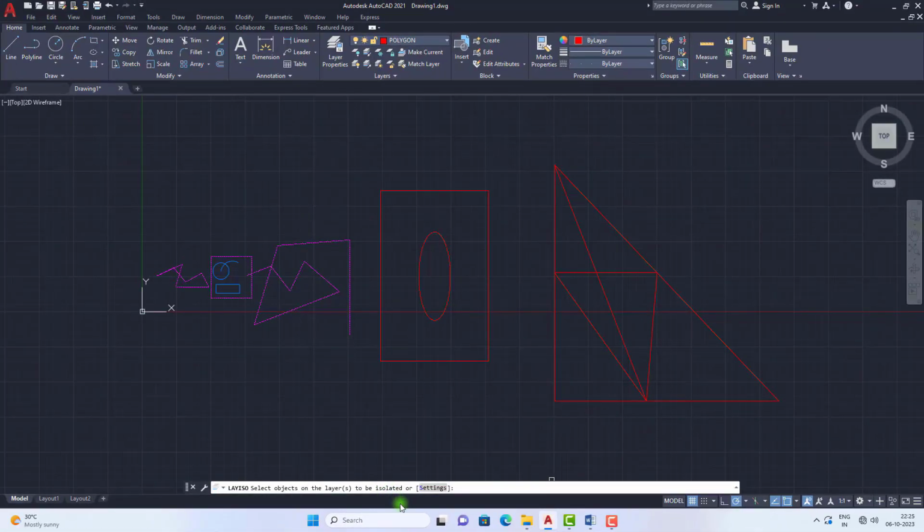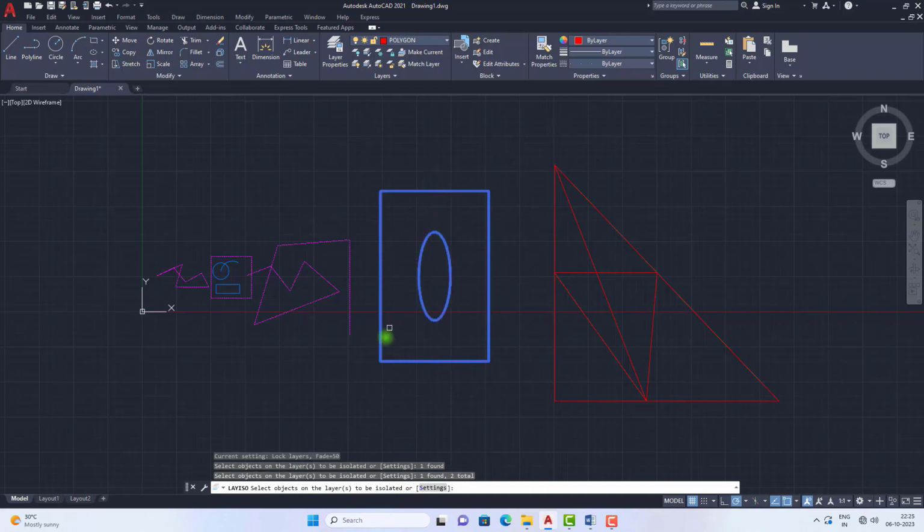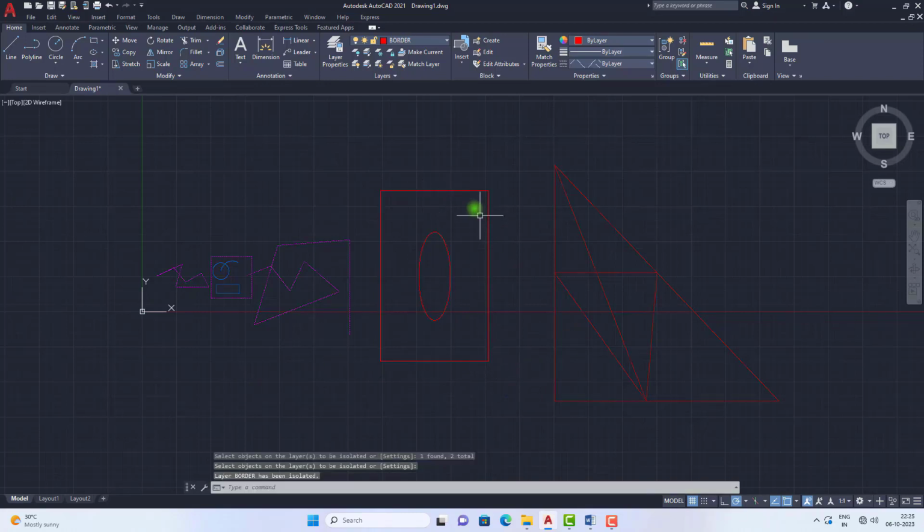Now I am selecting this rectangle and I am selecting this ellipse. You can also select multiple objects and press Enter. So now what happened? Only the selected objects are in highlighted mode and the remaining objects are in dehighlighted mode.